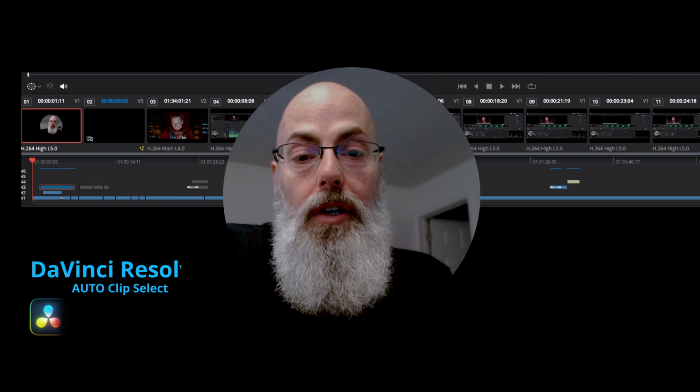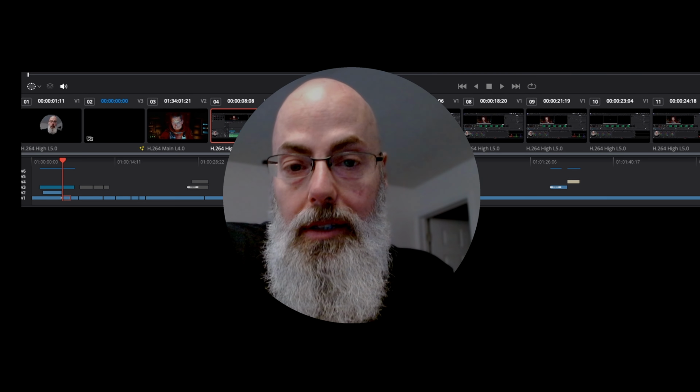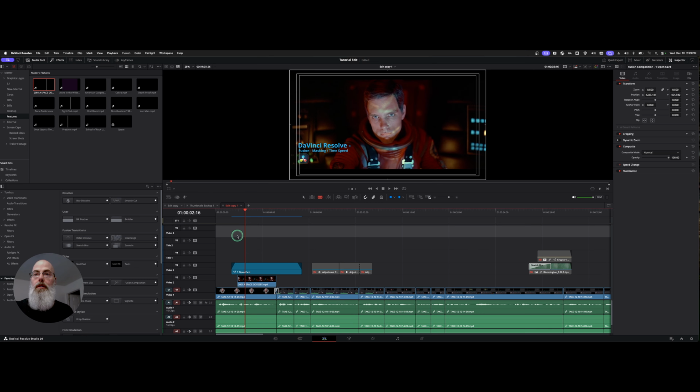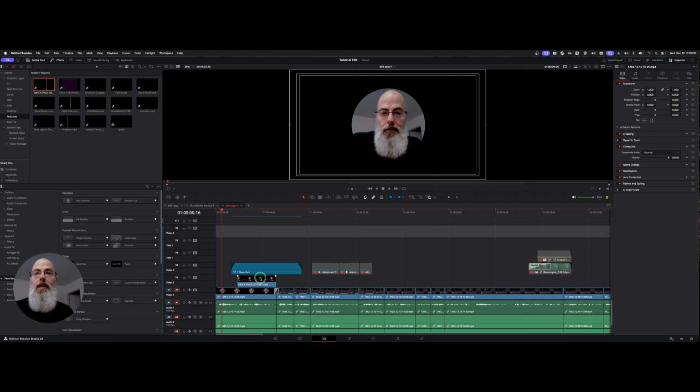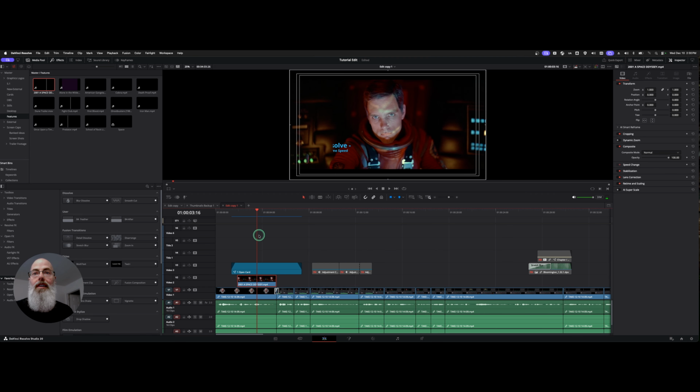In this video, I want to show you guys how to prevent auto clip selecting on the color page. On this timeline, I've got some clips on V1, 2, and 3. So I have this intro shot, this secondary layer, and this graphic card that tells us what the video is